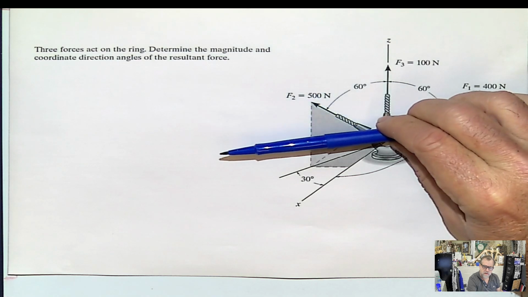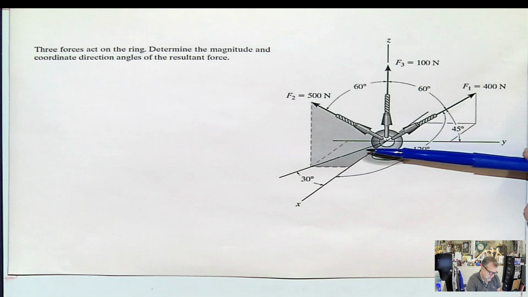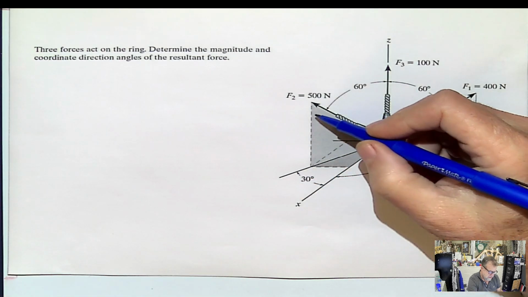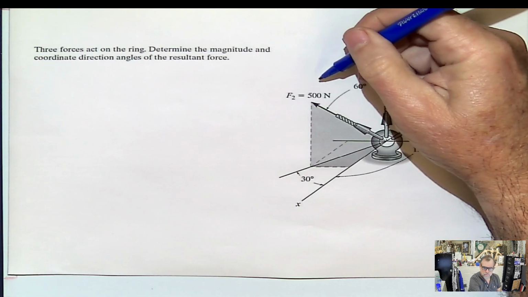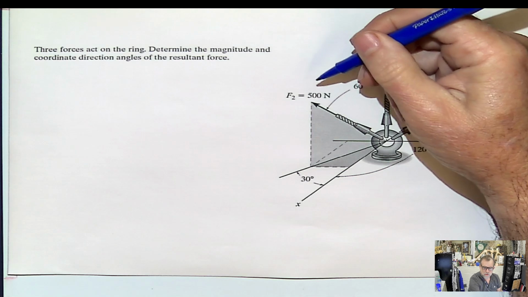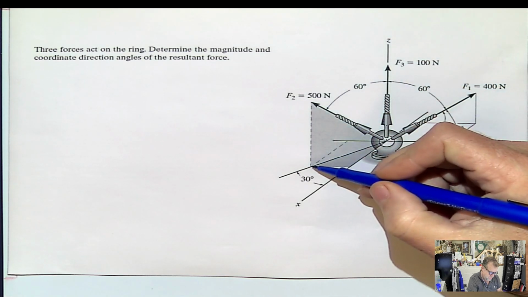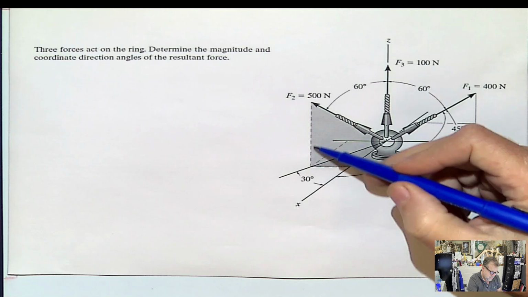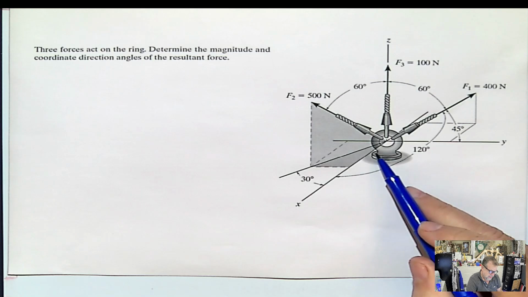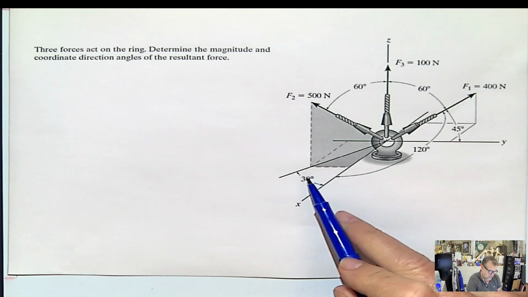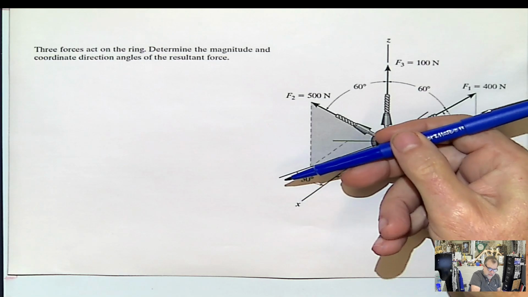You have to bring it down to this line, which is like the shadow casted by this force. If you put a light source on top of it, it casts this shadow, right? So this is one of the components parallel to this one. But if you want to find the x component and the y component, you're gonna need to bring that projection